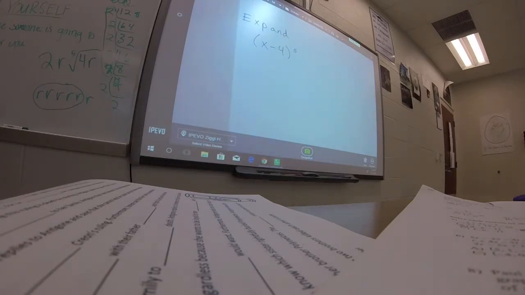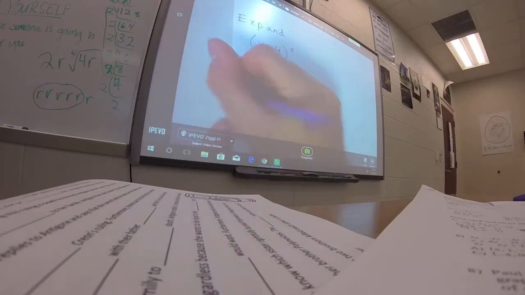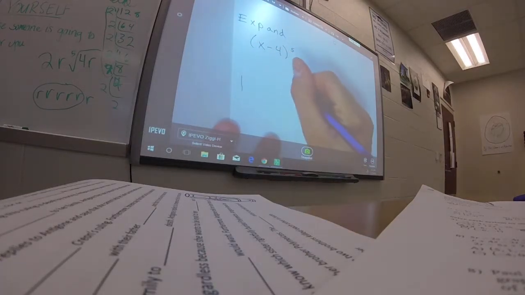Here, it's going to be a little trickier. Instead of using the 6th row of Pascal's triangle, we're actually going to use the 5th row. Good. All right, so let's find those coefficients. 1, 5, 10, 10, 5, and positive 1. Okay, wonderful. And now what we've got to do is